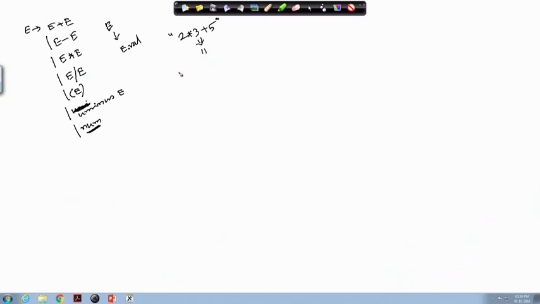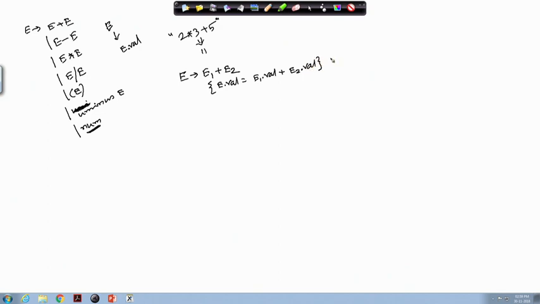You can very easily guess what the syntax directed translation schemes can be, say E producing E1 plus E2. In this case the action is nothing but to compute E.val equal to E1.val plus E2.val.